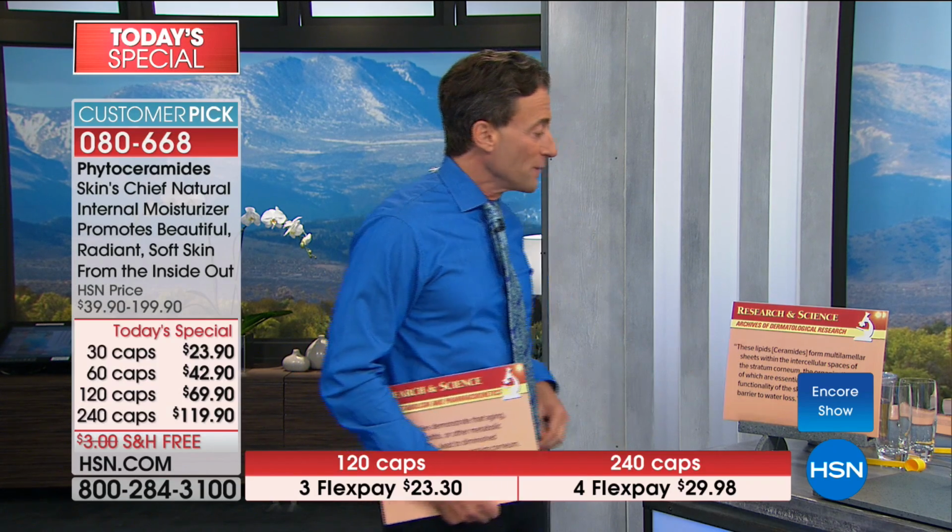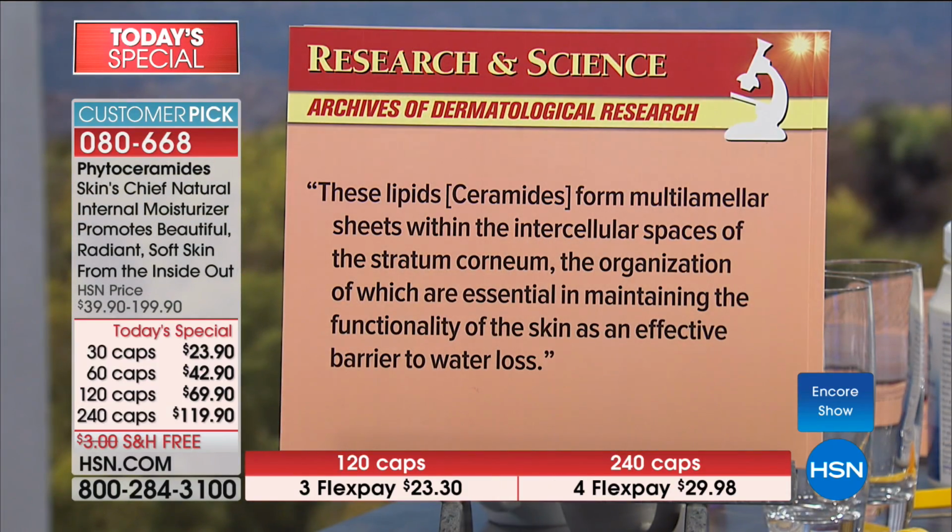But our skin covers our entire body, and we tend to try to moisturize our skin on our entire body. So this is a product that doesn't just deliver its benefits to your face, but it delivers it to your skin and the tissues that cover your entire body. And the reviews, I encourage everyone to read the reviews, and it's a product, again, not a drug, not a medicine, but a sort of a subtle internal moisturizer. But if we continue from these lipids, ceramides form